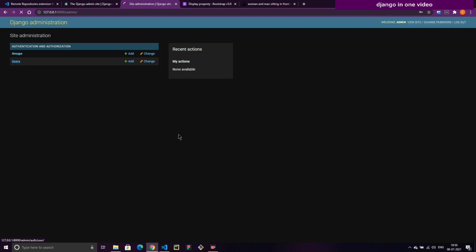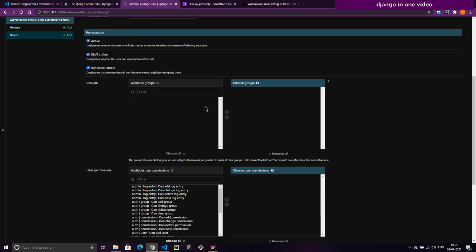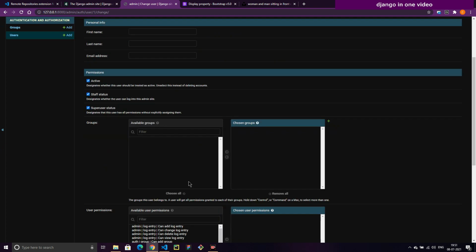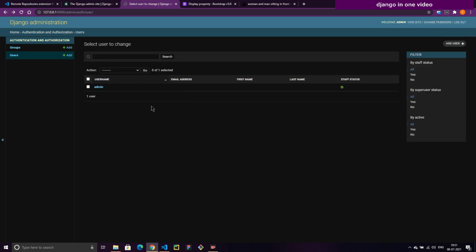If you click on this users, you are going to find this type of chart, or a table, right? Here admin, here email address, the first name, last name, we have not given anything. We are just using the username, we just created our admin. If I click on this admin, we are going to find this type of models. These are actually the forms. So there are two things, one is tables, one is forms. We are just going to create the tables, and inside the tables we have the forms,